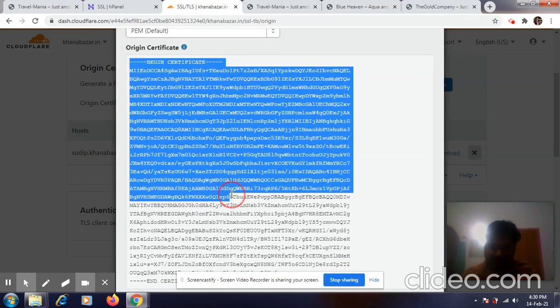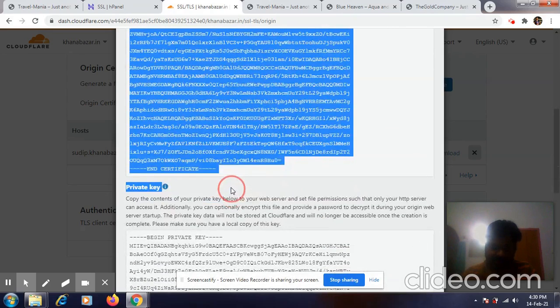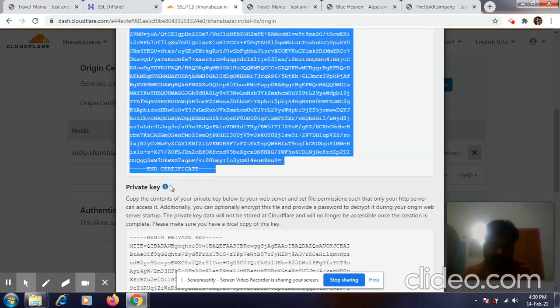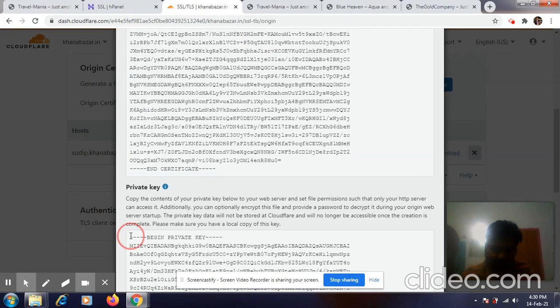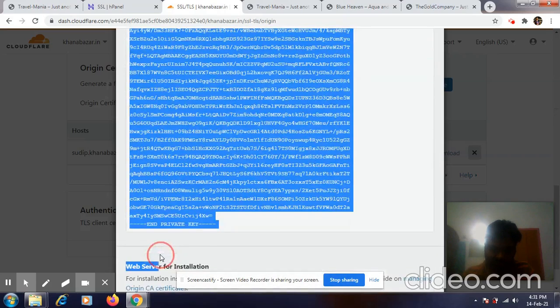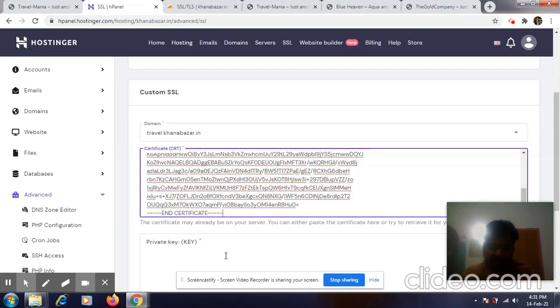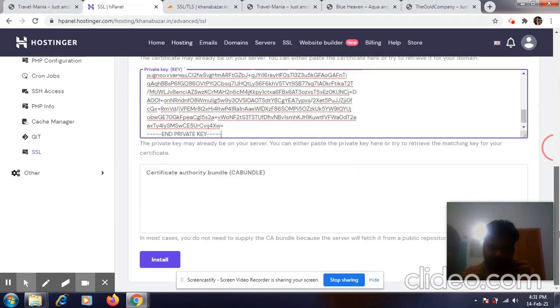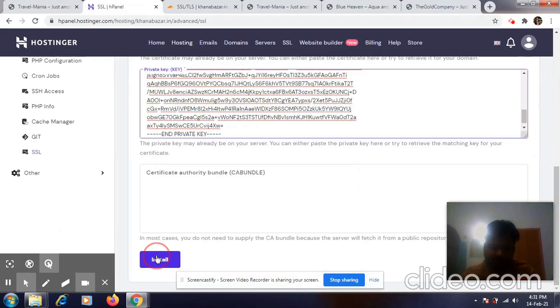Let's select it, copy, and then paste. Again copy the private key, and then paste it in the private key area. As simple as that. After that, you need to install it.